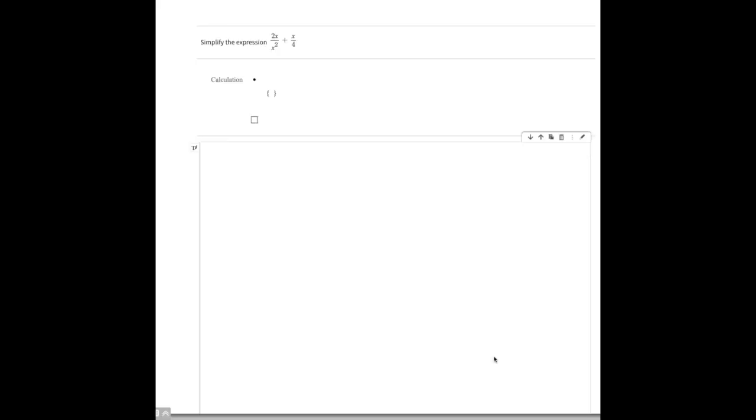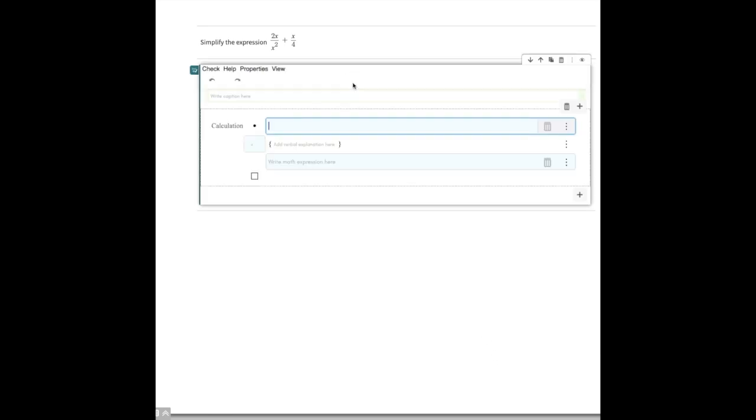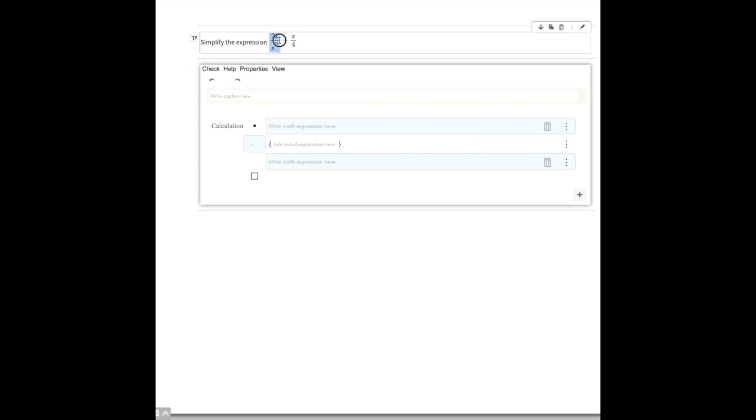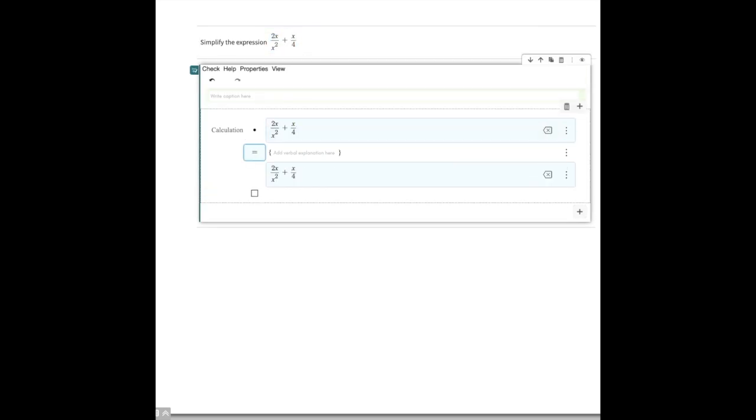Let's then look at a slightly more complicated example. We want to simplify the expression 2x divided by x squared plus x divided by 4. So we just start working on this. We copy the value of the expression here, like this. And the first thing we do is we will divide both numerator and denominator with